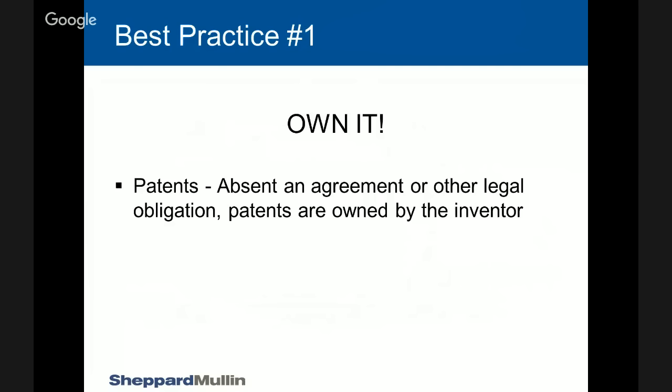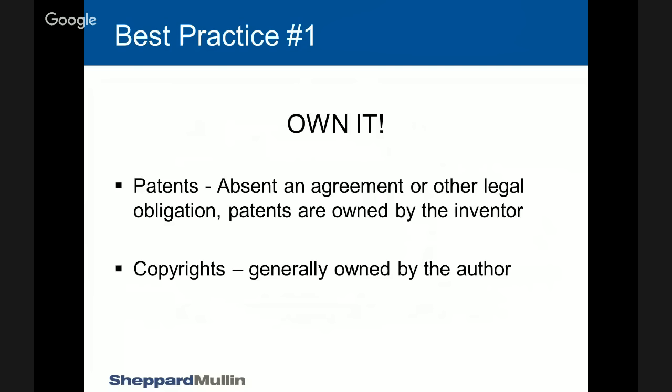We're going to look at patents and copyrights. With patents, the way the law works is that absent an agreement or some other law to the contrary, whoever invents something that's patentable owns the patent. Now, you can assign it to a company, but if you don't get the assignment, the ownership resides with the individuals. And we'll see where that can be a problem in a second. With copyrights, the author of the work, that is the person who created it, so either wrote the code, designed the graphics, whatever the copyrightable work is, the author, absent an agreement or law to the contrary, is going to be the owner. We'll look at that as well.